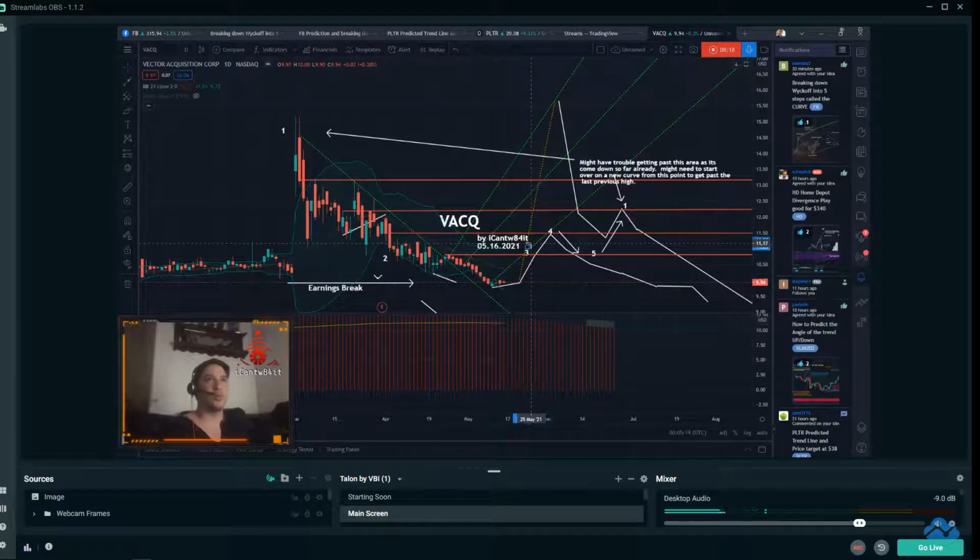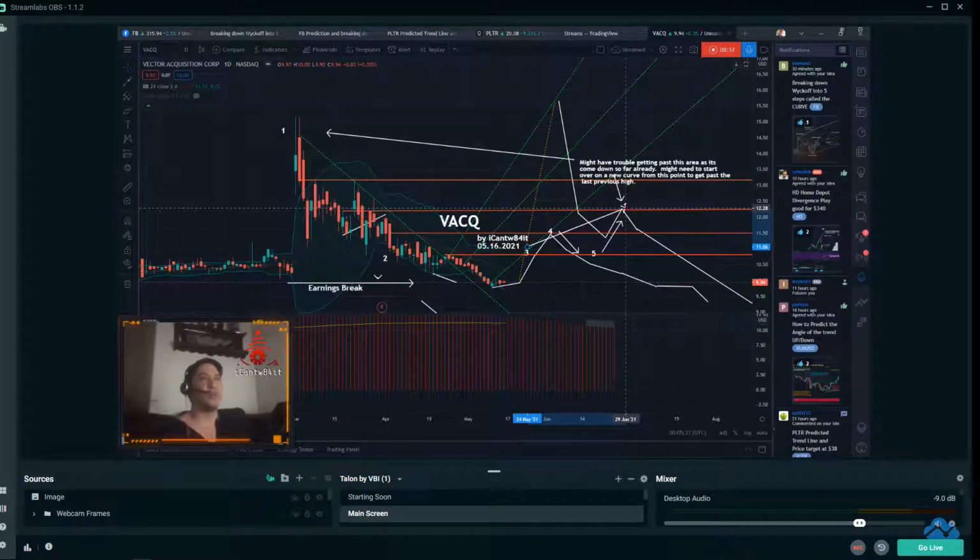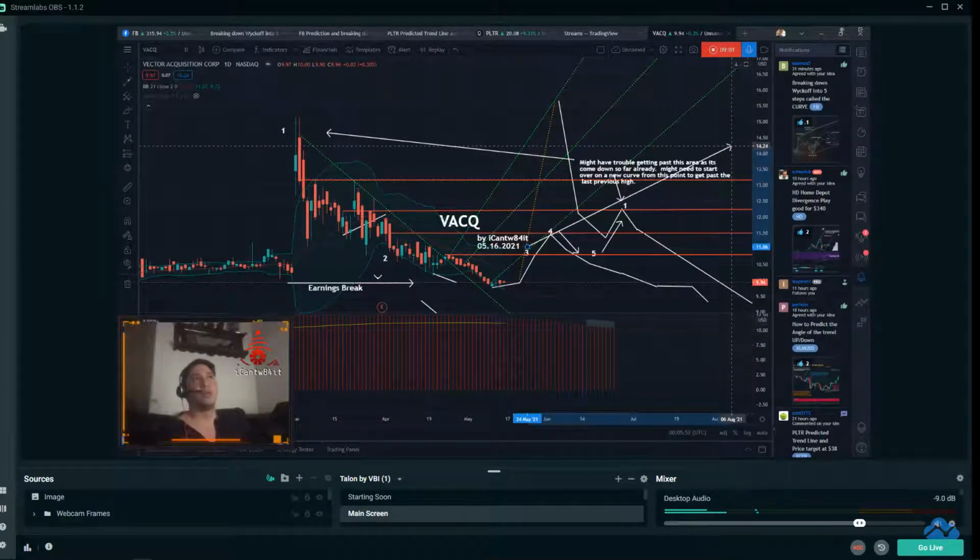But in the short term, I can see it getting up to 11. I can see it probably getting up to 12. And then I see it probably coming back down to about 11, maybe dipping to about 1075, 1050, right before it launches out to go up to 1230, reaccumulating, running back down to that 11, or around 11 dollars, building, gathering up new contracts, regaining the float, or soaking up the float again and getting control of that, and then running up to try to break for a new high past 13,